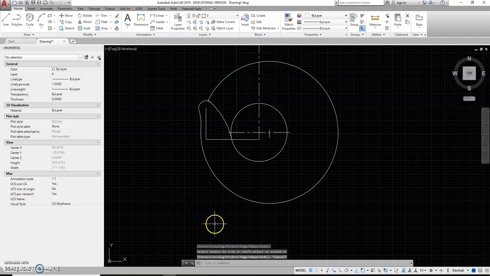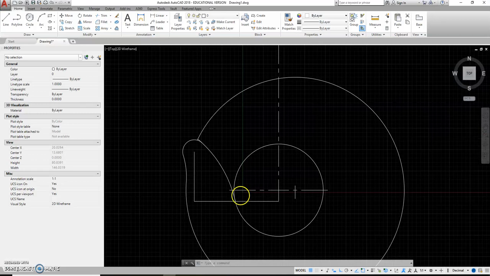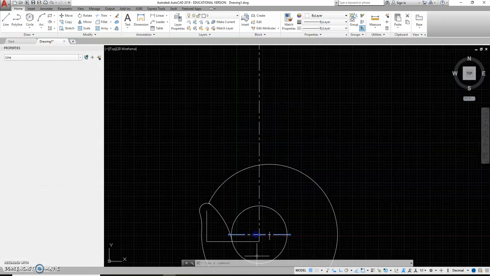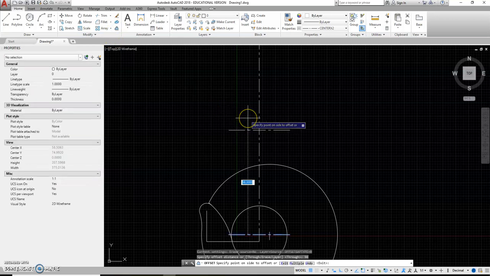I'm going to move up the image and locate this. That's what I'll do next. Then I'll come back and tangent this together. So I need to go up 98, then a 10, and it's 46 wide. Okay, so I'm just going to do it this way. Offset 98, left click, offset 10,